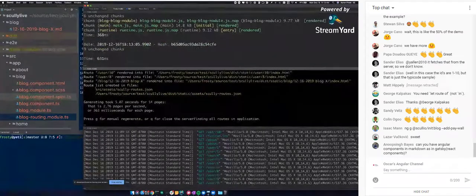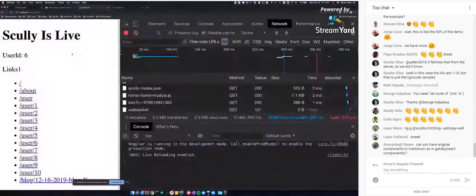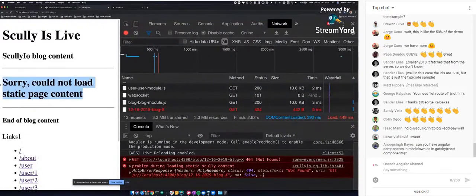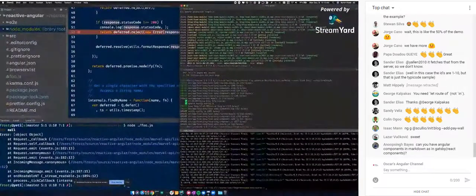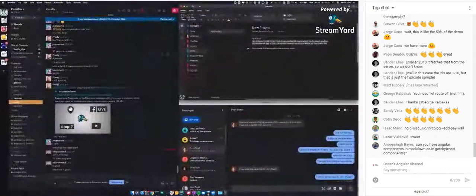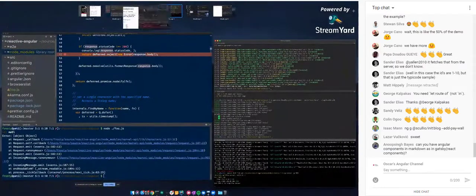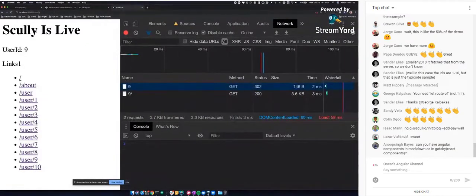So now we have a list of the routes, and you can see it rendered my blog for me in my static site. But in my Angular site, this blog, it's like I can't load Markdown. I don't know what that is. So in your Angular app, that's not going to actually work. But if we come over to our static app, sorry, where did my route go? Here. Okay, it's on that side. All right. So if we come over here into the pre-rendered site and we refresh,